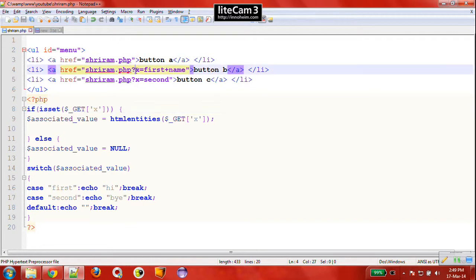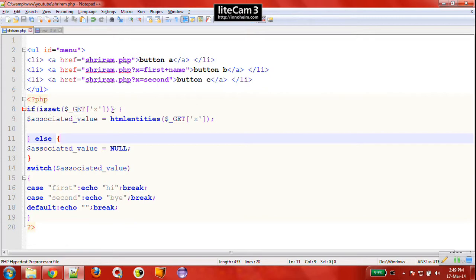Suppose X is the variable, then it can be retrieved using this X enclosed in single quotes. Then we store the value of the HTML entities associated with this X in a variable called associated value. You can name it anything.